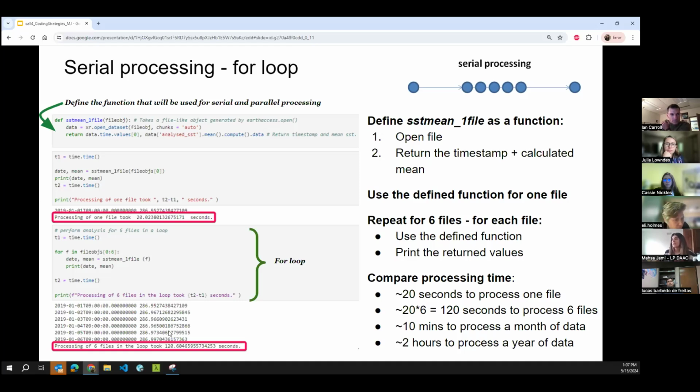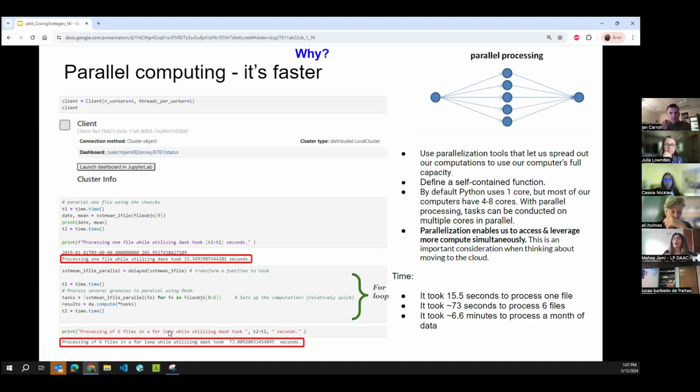This specific data set is a daily data set. So a whole year includes 365 data files. So you will have a rough estimate of how much time you need for that. But when we talk about parallel processing, the first thing that we focus on is that it makes the process faster. So in parallel processing, we are using tools that enable us to spread out all the computation